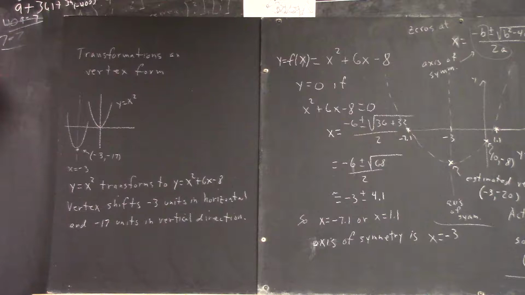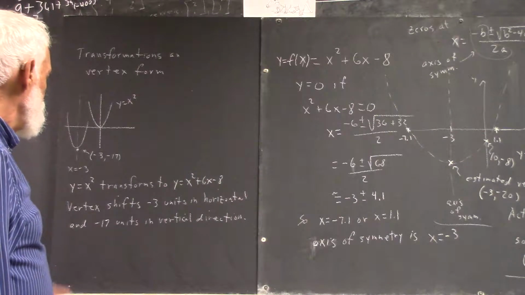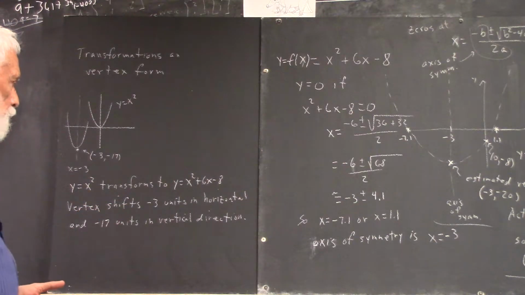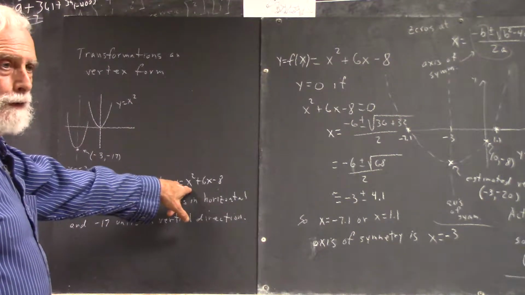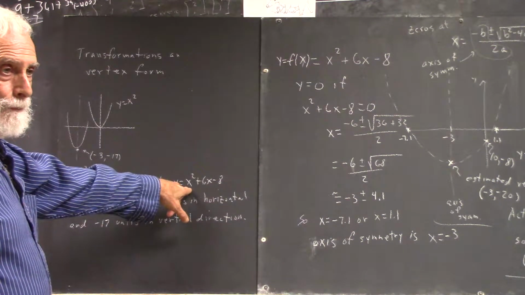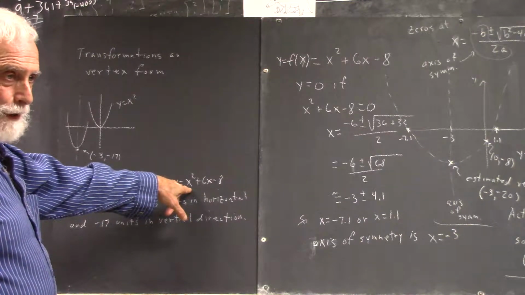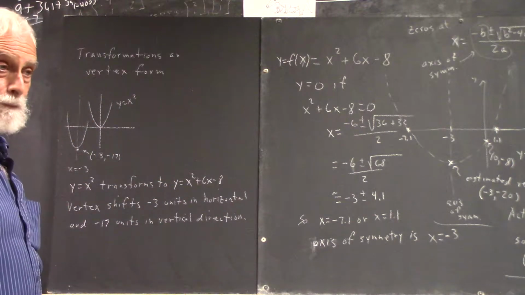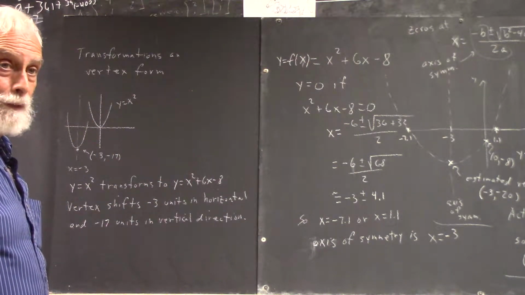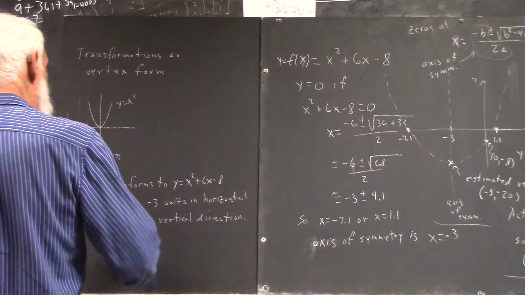Now, there's a little mystery maybe about what the vertical stretch ought to be, but since the coefficient of x squared is 1, that means you don't have a vertical stretch. Okay? You don't have to stretch it or anything. You just got to move it over and down. Okay? So we'll see why that is. We'll talk about that. But right now,